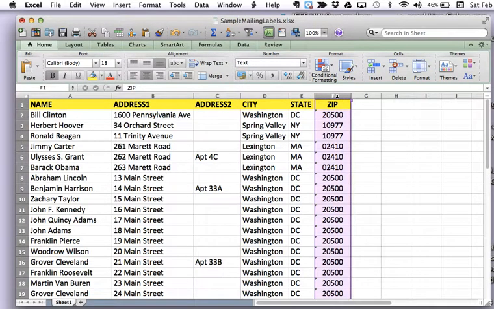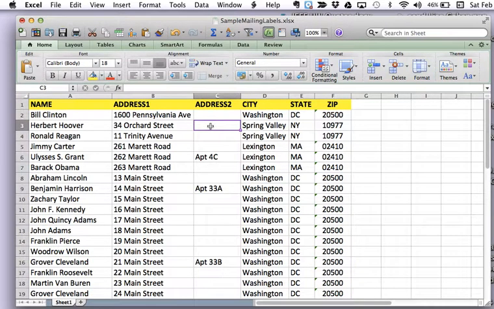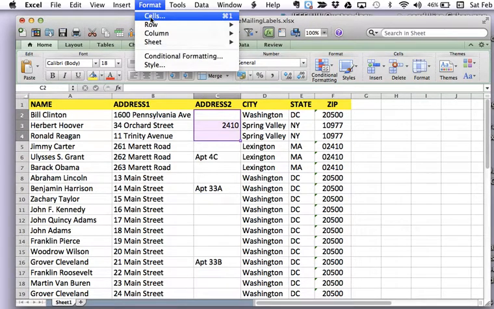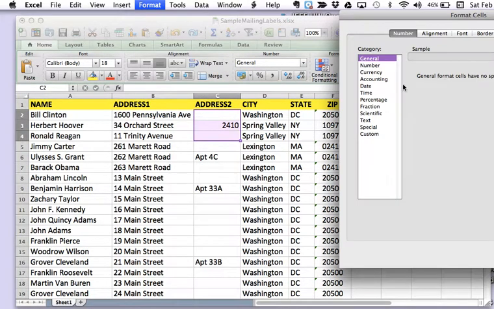And in case you're not aware, if you type in a zip code like 02410 and you press return, it gobbles up the first 0 because it thinks of it as a number. But if you format a section of your spreadsheet or an entire column, and you format it not as number or general, but as text,